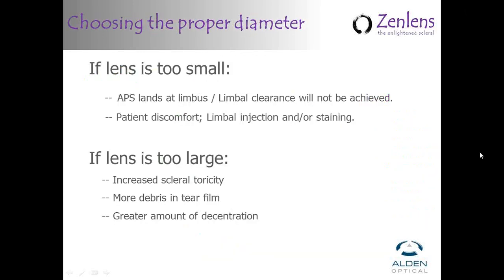Okay, again, if a lens is too small, and let's say we've evaluated a patient and we find that their corneas seem pretty typical, or maybe our topographer gave us a number of 11.78 or something, right in that gray zone of which lens do we choose. And let's say we chose a lens that was a little bit small. We're going to find that those dots that are marked on the lens peripherally are landing on or too close to the limbus. And what's going to happen then is the patient, again, will have some discomfort. They might have some injection at the limbus. They may stain at the limbus. And again, it just doesn't create the most comfortable wearing experience